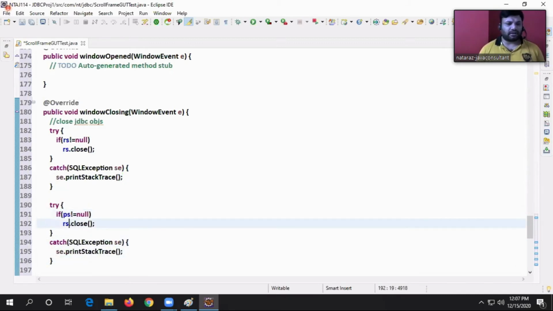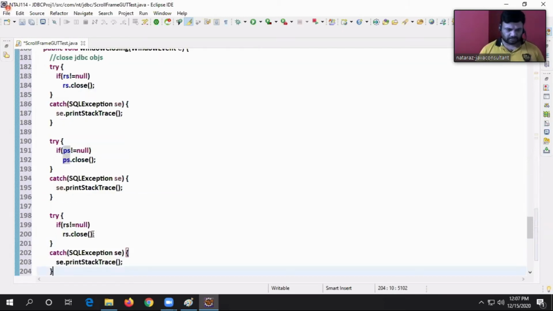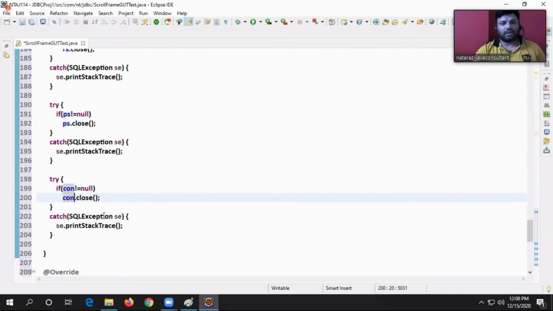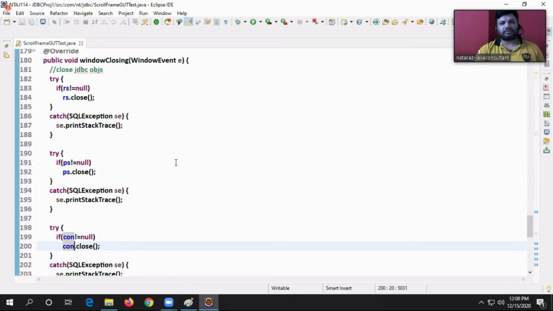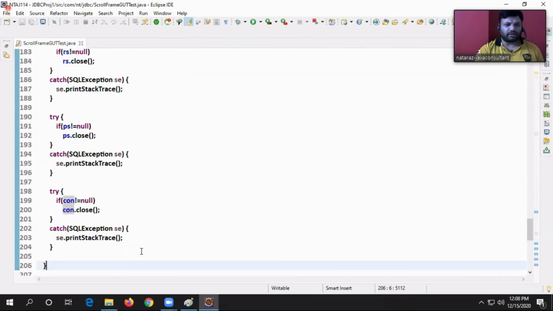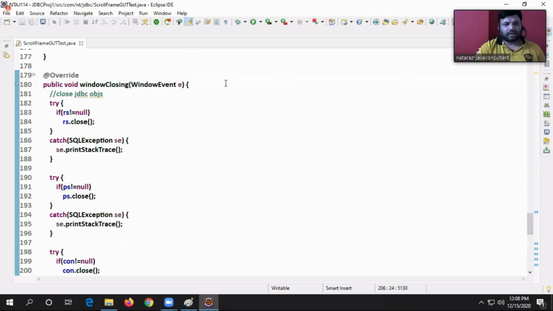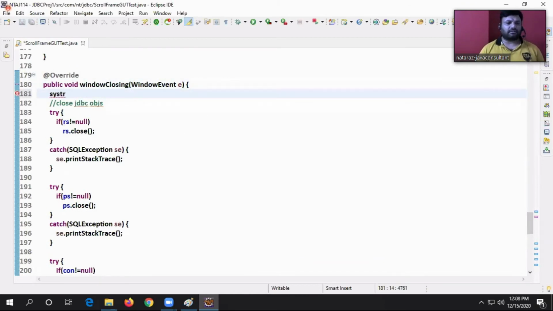If ps not equal to null, ps dot close. Next, if con not equal to null, con dot close. Here I am closing JDBC objects, guys. I am seriously, literally closing JDBC objects. What is the method we are having? Window closing method we are having. Okay, guys, I will write one system out message also to give the feeling.